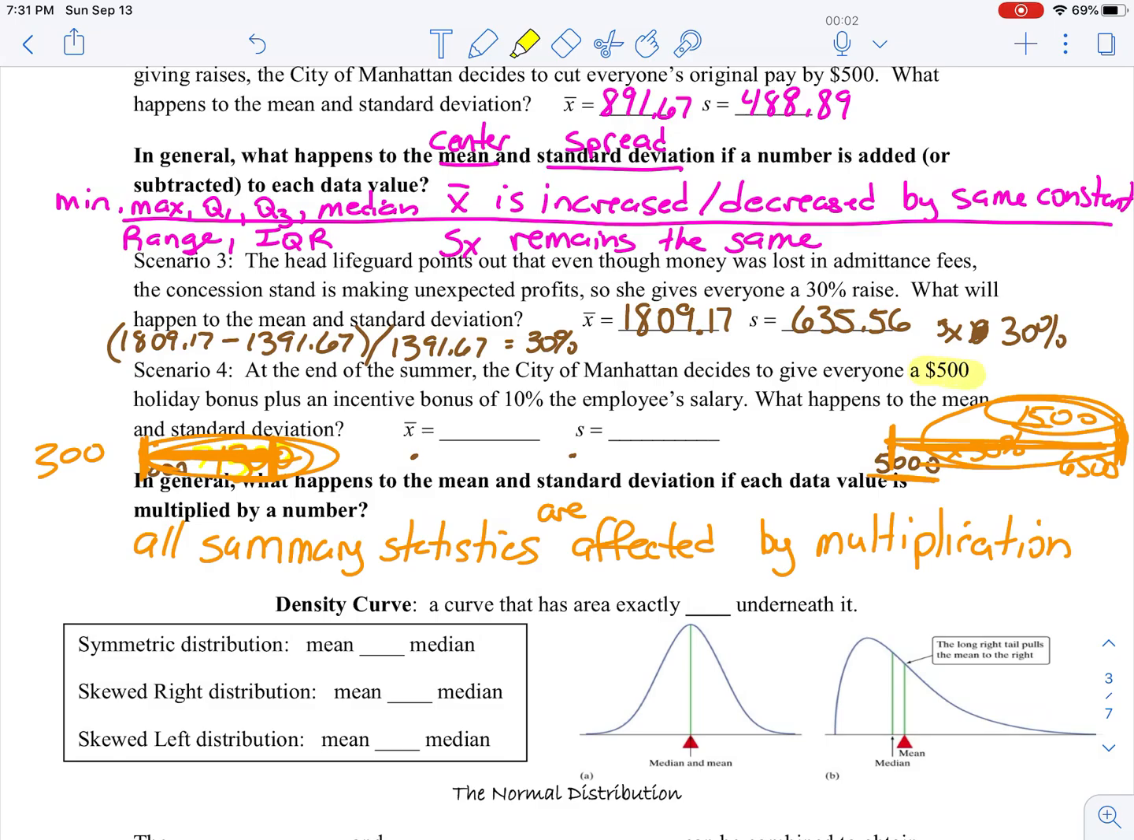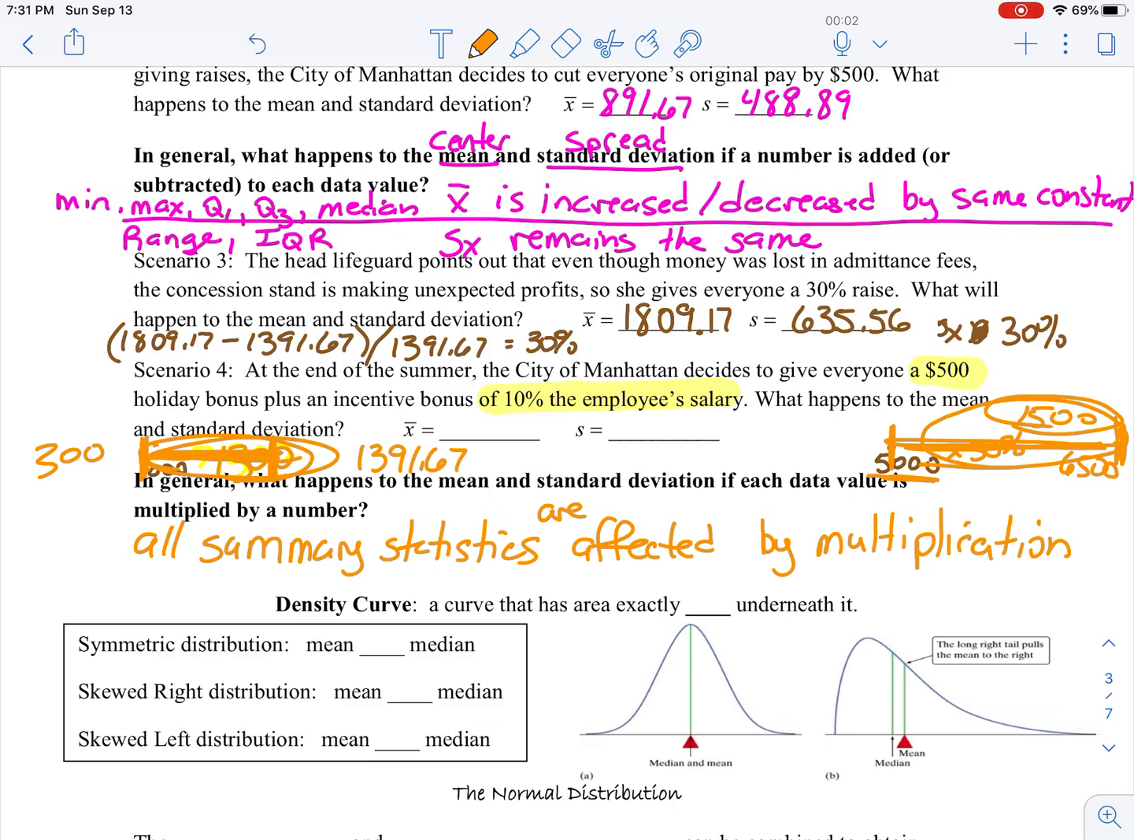Manhattan wants to give everyone a $500 holiday bonus. So we're going to give everyone a $500 raise. However, we're also going to give a 10% bonus, 10% of the employee's salary. What happens to that? To figure out this new mean, unfortunately I have very little room here to write that, but we'll try to squeeze it in. My mean was